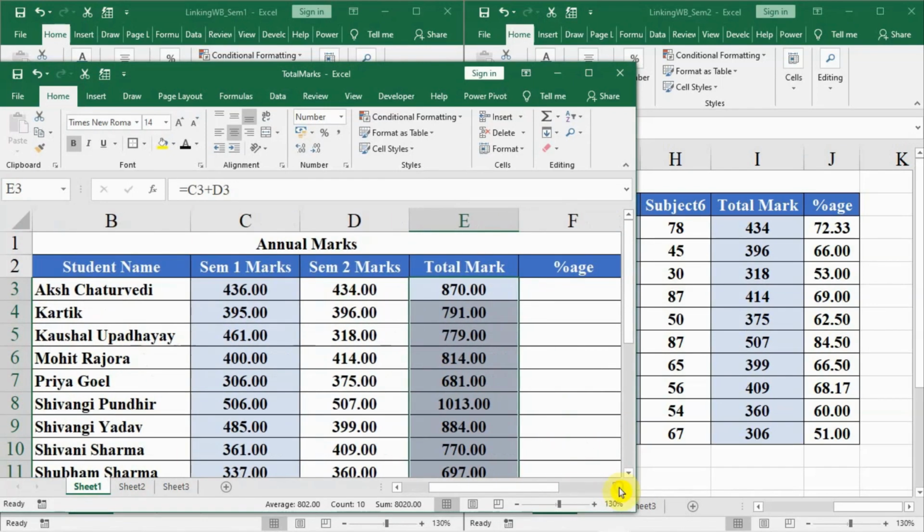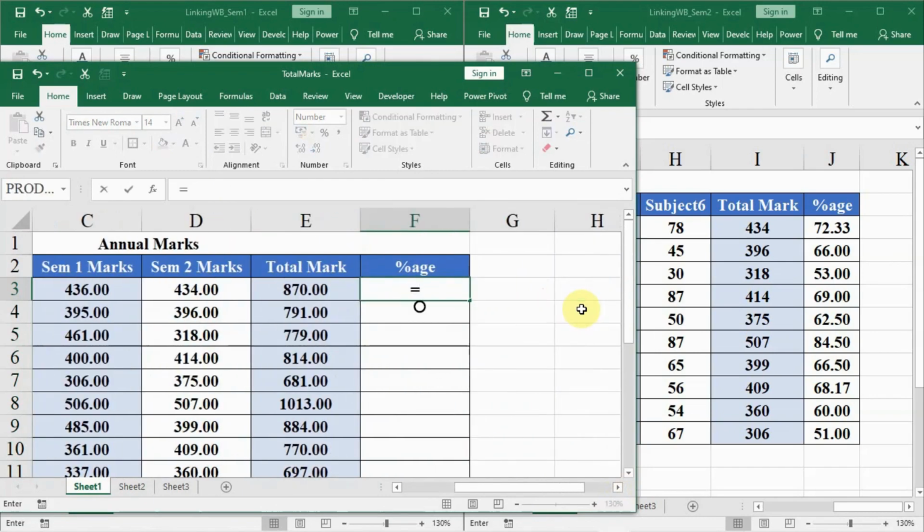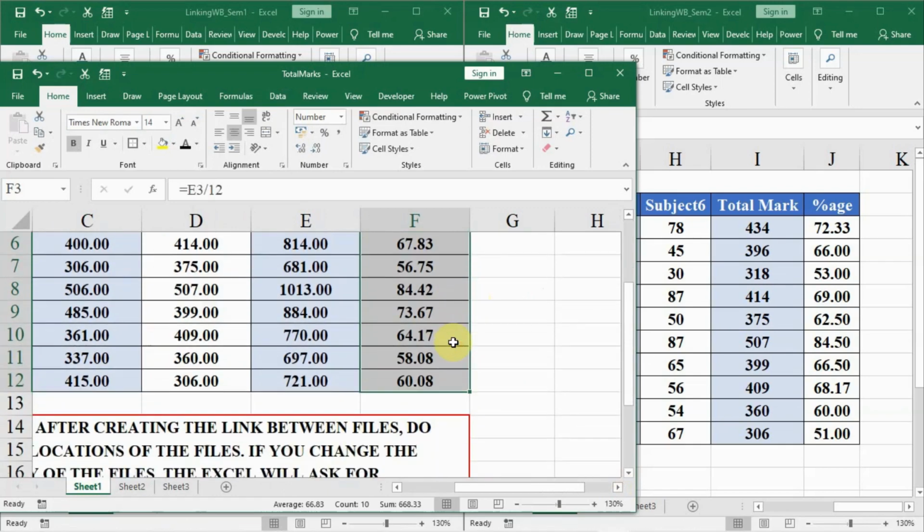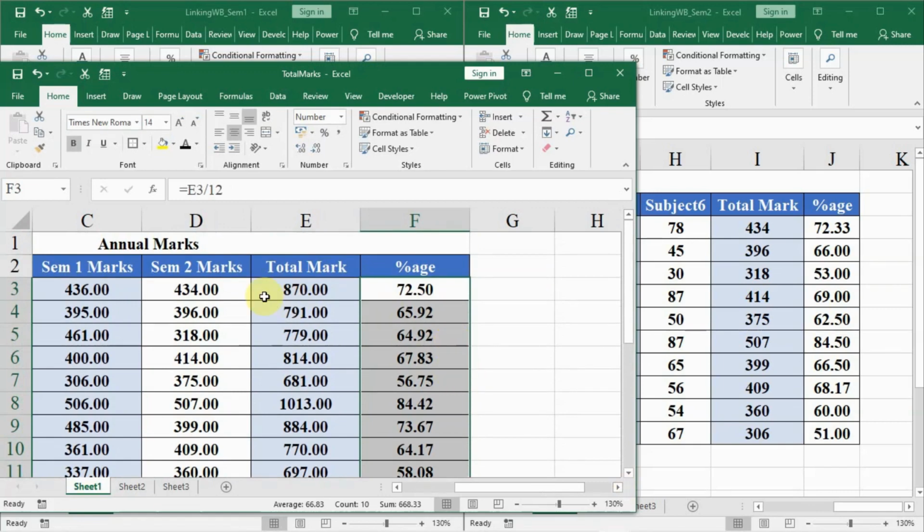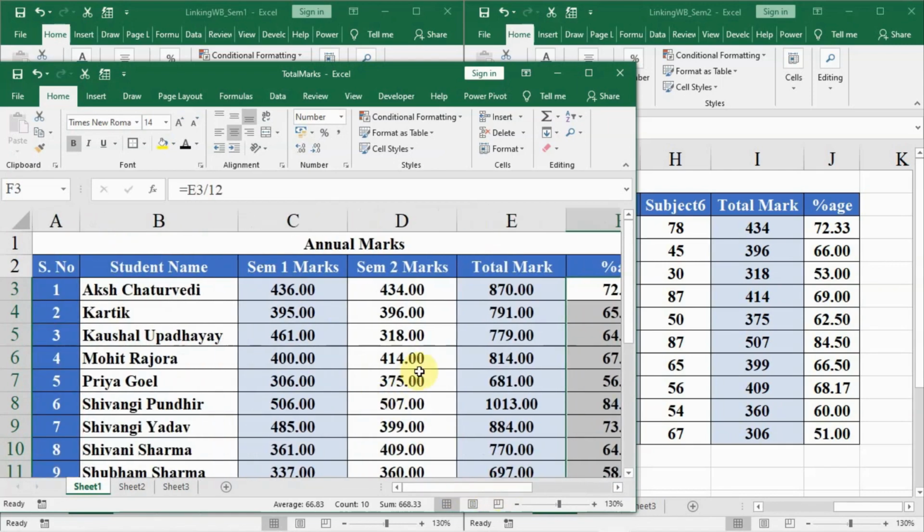And for percentage we can have equal to this divided by the total, as our marks were actually out of 12 subjects, as we have seen previously. So in this way you can have the percentage, right, or you can copy the percentages from those and then divide by 12. You can do that alternatively, right? In this way we can have it.